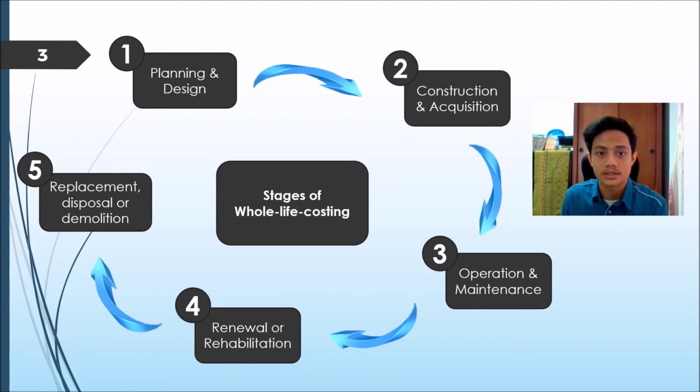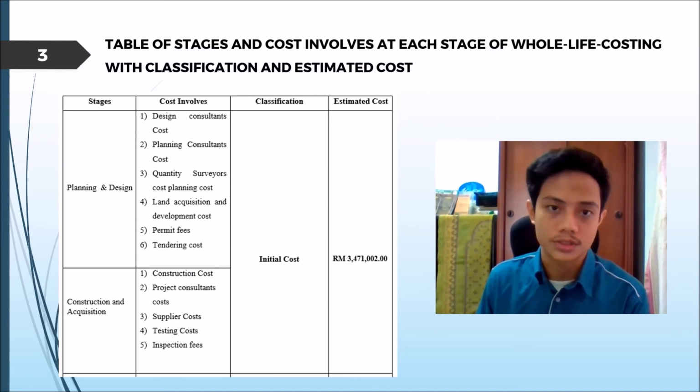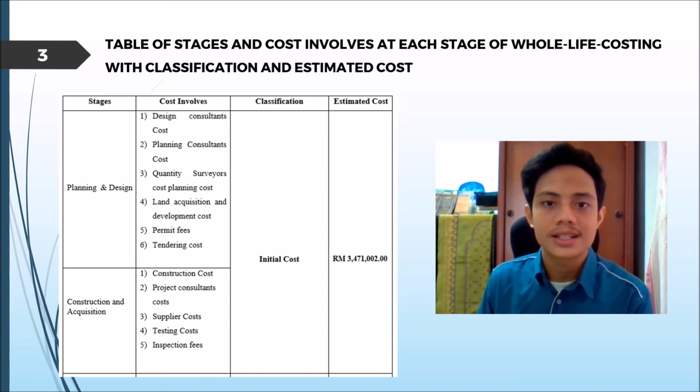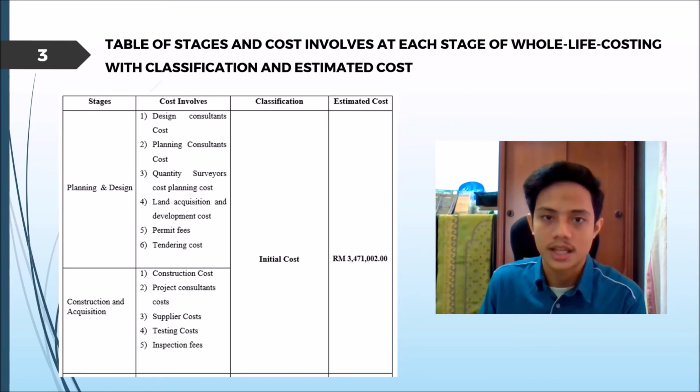As shown in this slide, the stages in the whole life costing process start from the planning and design stage and end at the replacement, disposal or demolition stage. At each stage, the cost involved is different, and for the purpose of conducting the whole life costing process, the cost involved will be classified as shown in this slide. The cost in the planning and design stage, including the construction and acquisition stage, will be classified as the initial cost at RM